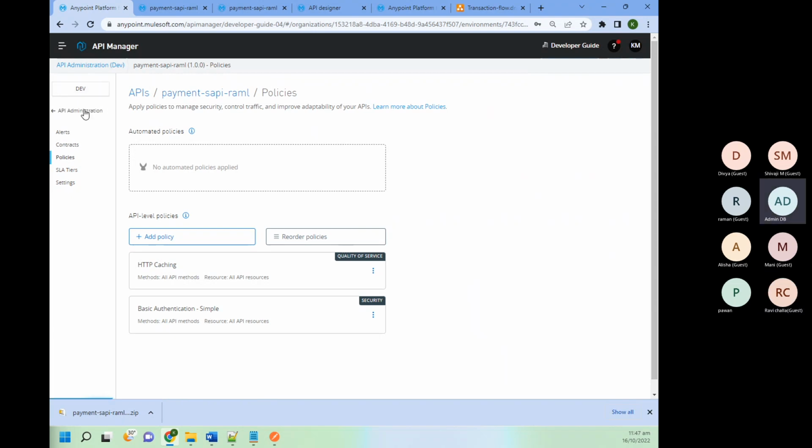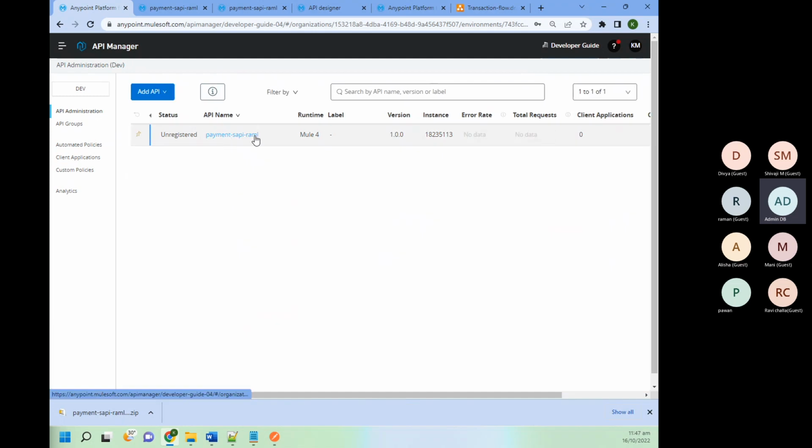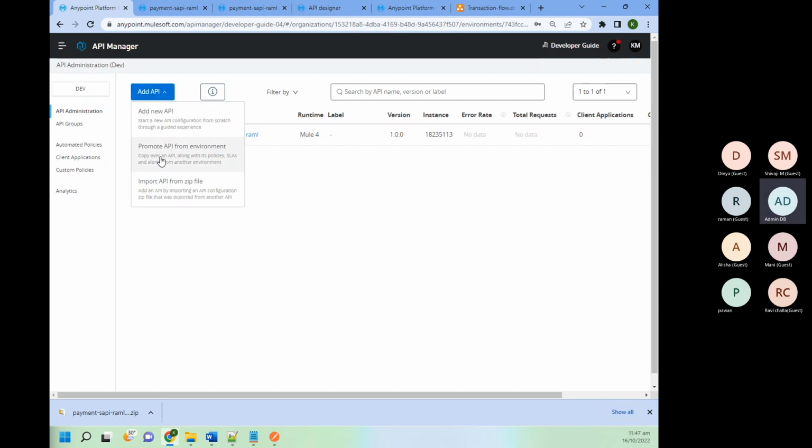But if you go to this dev environment, we have only SAPI one. We don't have experience API and process API. So you need to promote each application one by one. Okay, if I want to promote another,